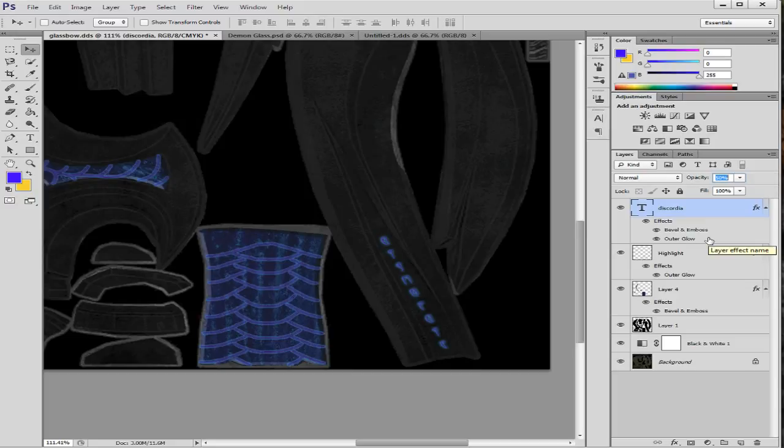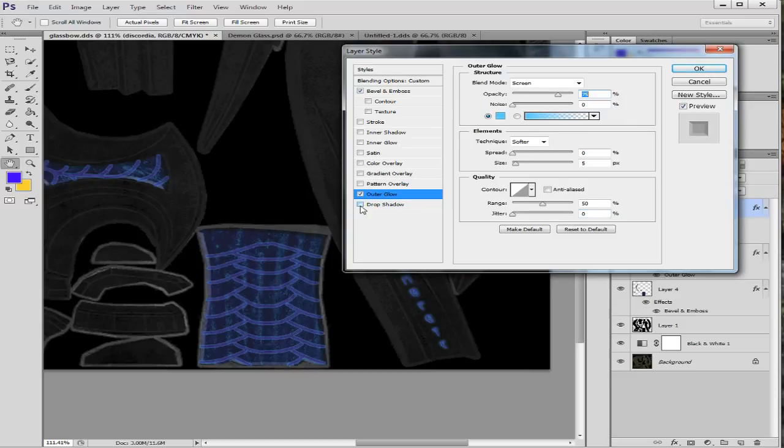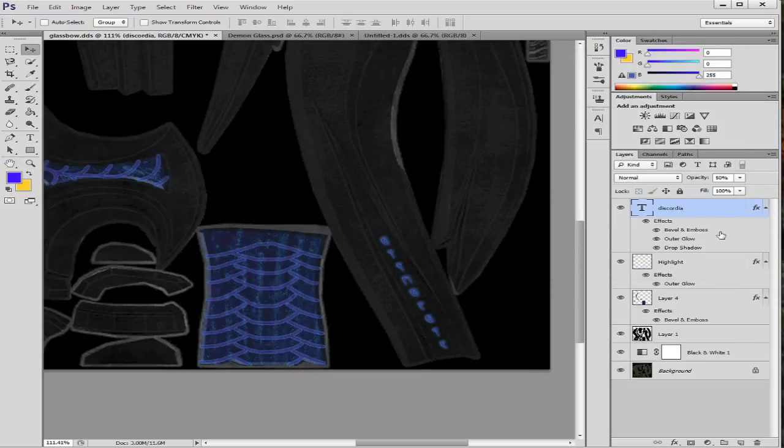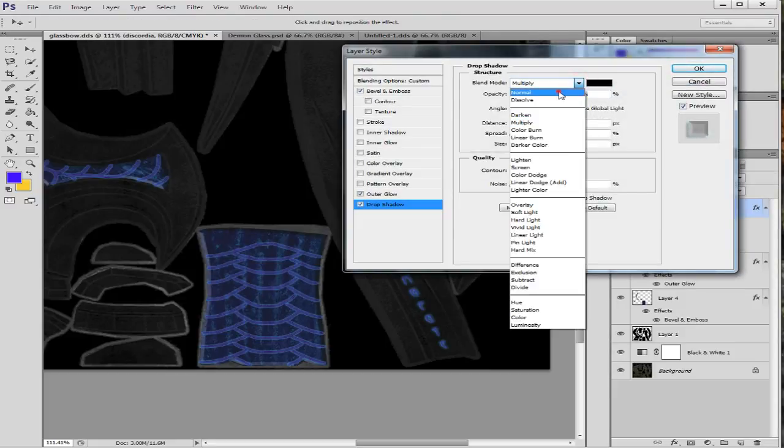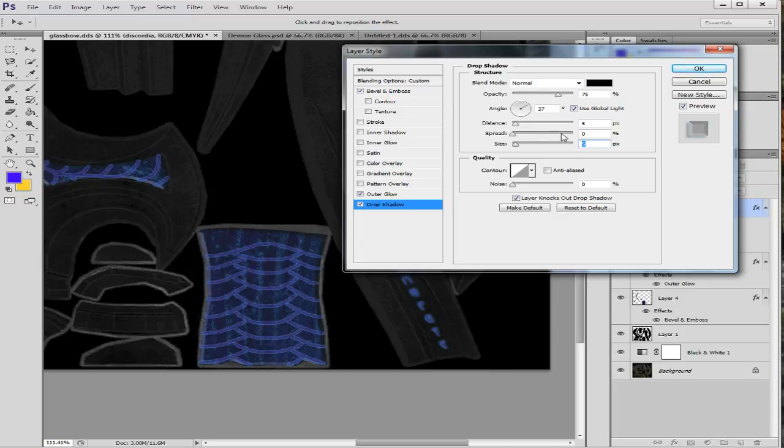Okay, on my outer glow, that's great. And maybe just because I'm kind of funny like this, I'm going to go ahead and add in a drop shadow. Normal, and I'm going to make the size 1 and distance 5. I'm going to click off the layer knockdown thing, and I'm going to find something that sets that text out a little bit more. That ought to do it. And I'm going to change the angle on it so that it,